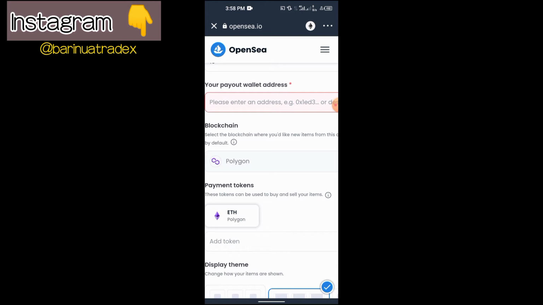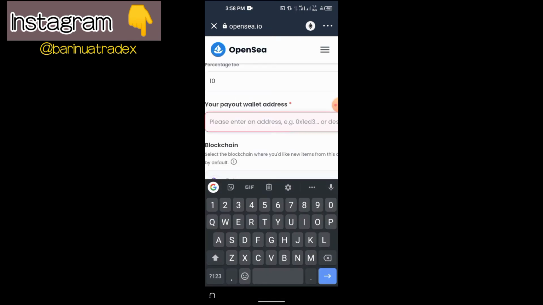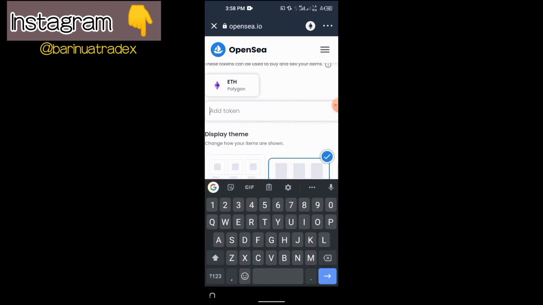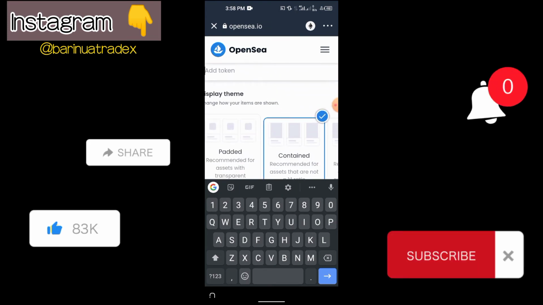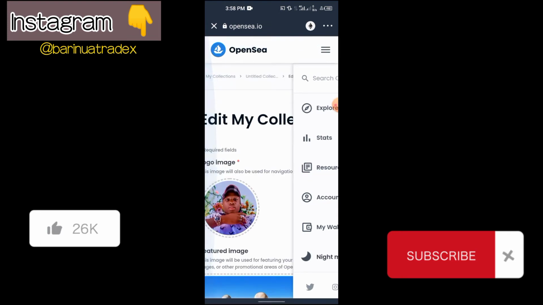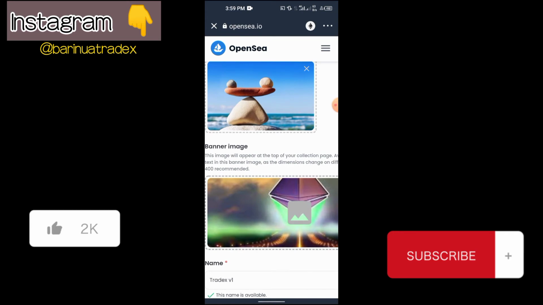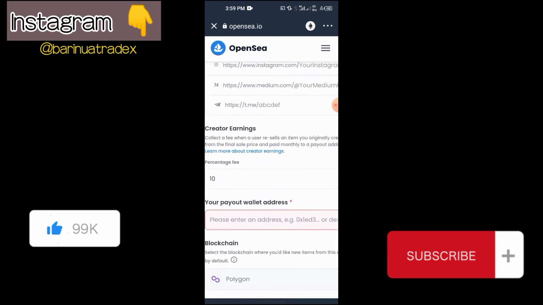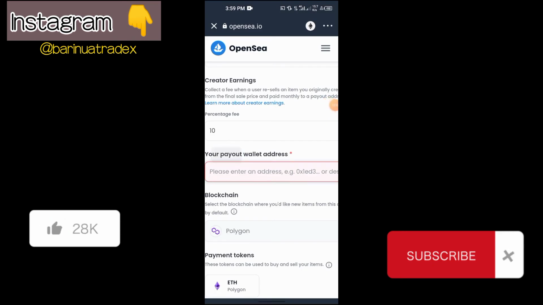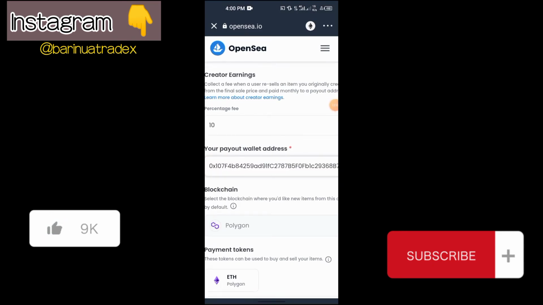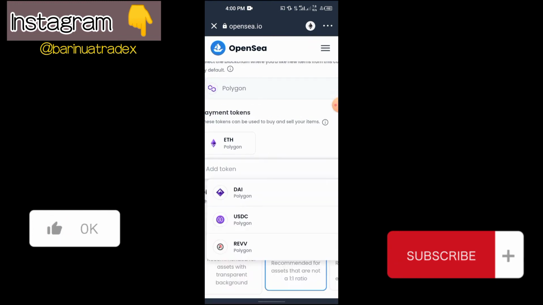So these tokens can be used to buy and sell your NFT. Now this is the token that can be used to buy and sell my NFT. All right, first of all, let me create the token. So the payable wallet, I need to click copy the payable wallet and paste right there. So copy the address, come here, paste it in. So I've pasted that in. Then I could add token here that could be used to buy this.